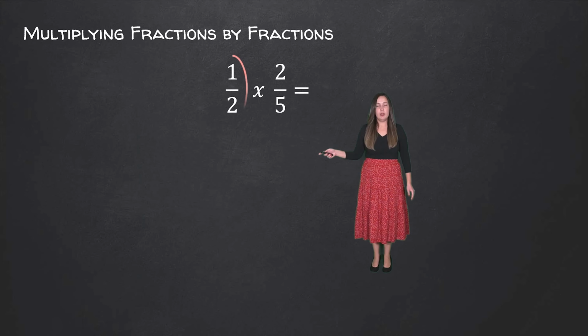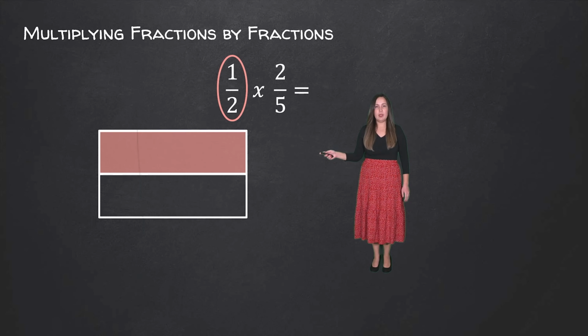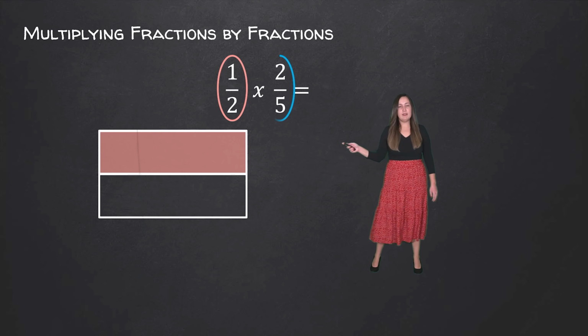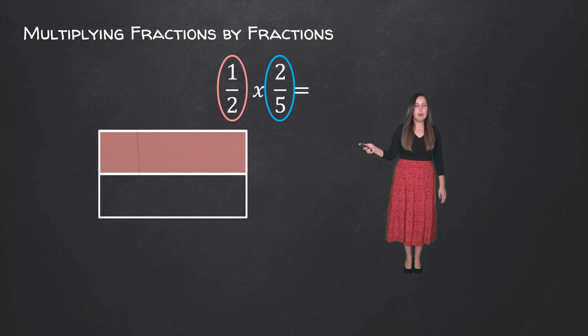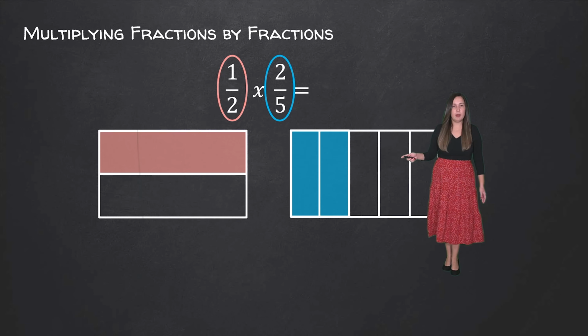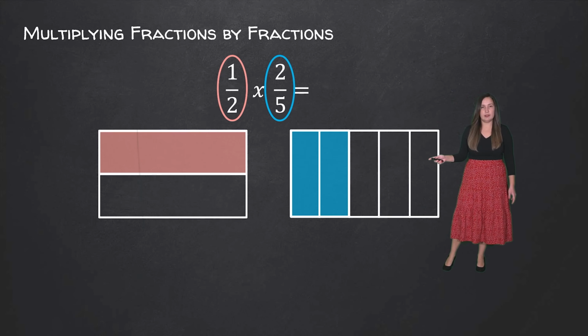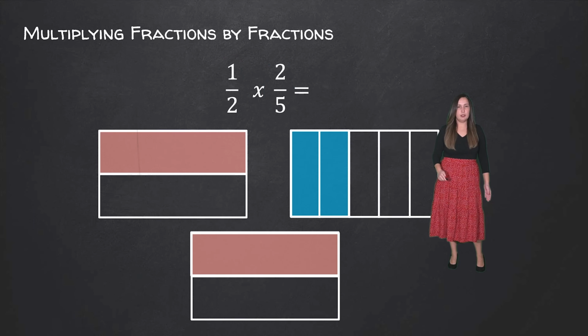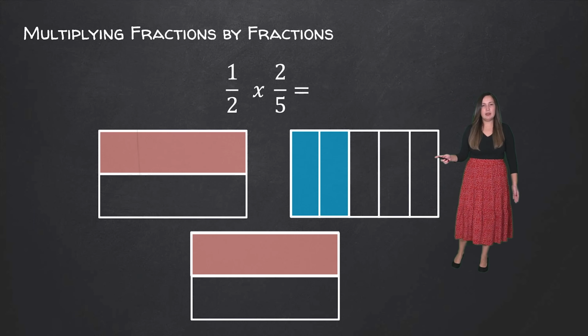So we have 1 over 2. That would be modeled by one shaded part out of 2 equal parts. And then we have 2 out of 5, which would be modeled by 2 shaded parts out of 5 equal parts. And in order to multiply these, we have to take both of these models and overlap them. So starting with our first model, which is 1 over 2, we're going to then take our second model and